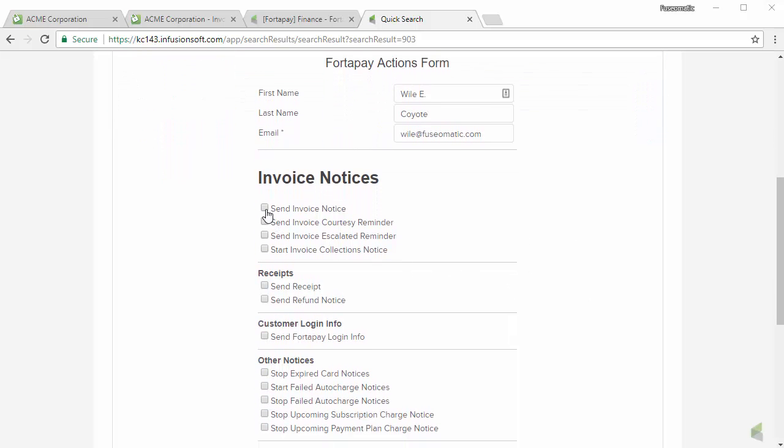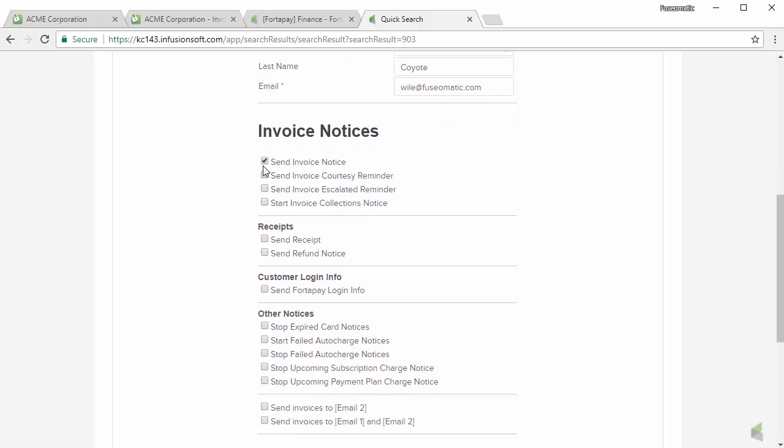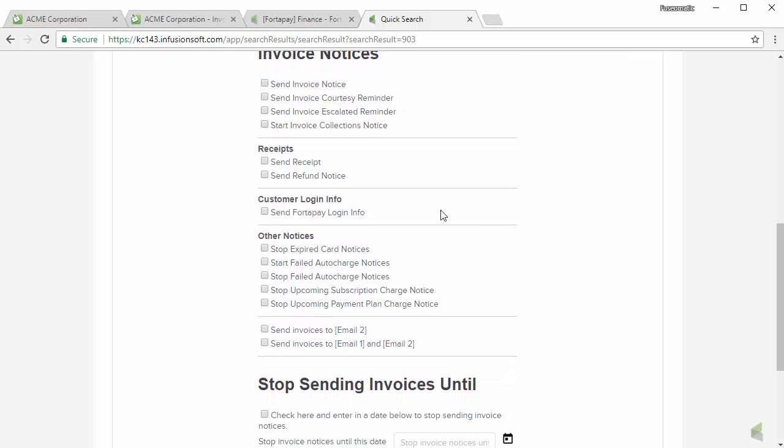So if I want to send out an invoice notice, I just check that. If I want to start the courtesy reminders, I can check that option, or the escalated reminders, or even the collection notices. Each one of these will start our campaigns that we set up regarding what those notices are. If I want to send a receipt, I would simply come in and check that, a refund notice, send the